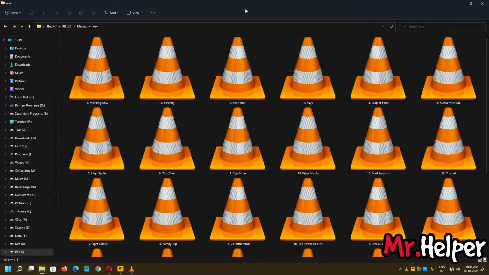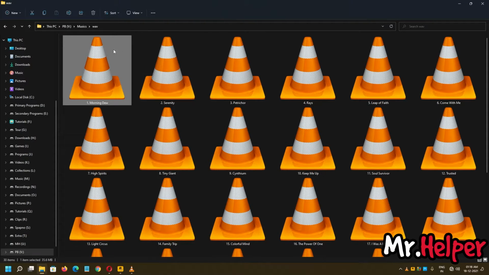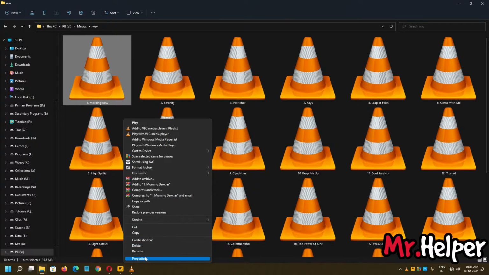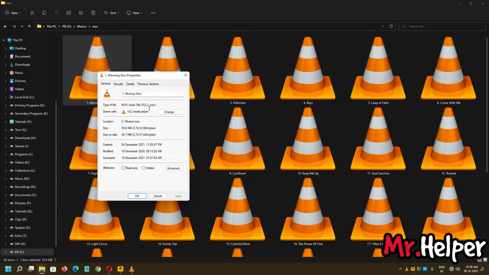The very first thing that you have to check is, select the music file that you want to play in the game, right click, click on properties, and make sure that it is in .mp3 format. In my case, this is not an mp3 file. This is a .wav file, and this file is not supported. If you want to play your music in game, then you have to make sure that the music file you are trying to play is in .mp3 format. This is the major problem that many of you are having.